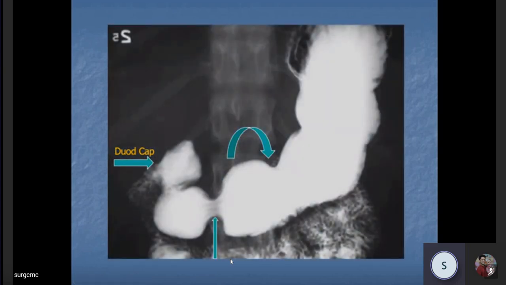Some important entities are mentioned every time. The dye is well within the stomach, and there you can see a trifoliate thing at the end of the stomach, which is known as the duodenal cap. Now the duodenal cap, this triangular thing, is a feature of the normal first part of the duodenum when you are doing a barium meal study. In a case of chronic duodenal ulcer, this triangular beautiful thing is destroyed. It becomes distorted. So a distorted duodenal cap is a feature of peptic ulcer disease, or more specifically chronic duodenal ulcer.